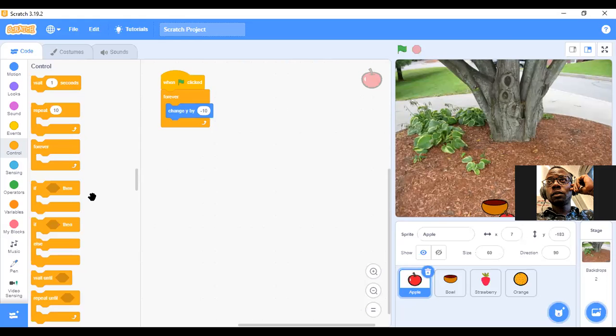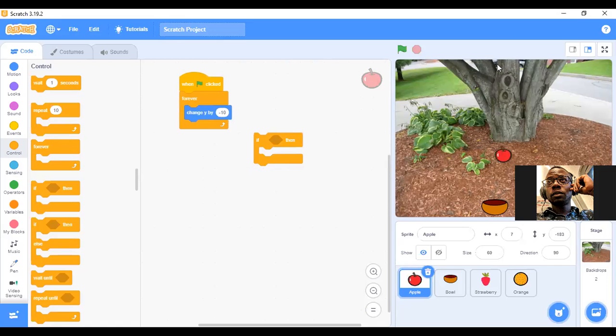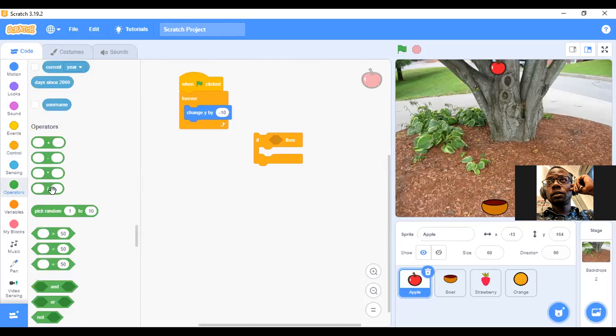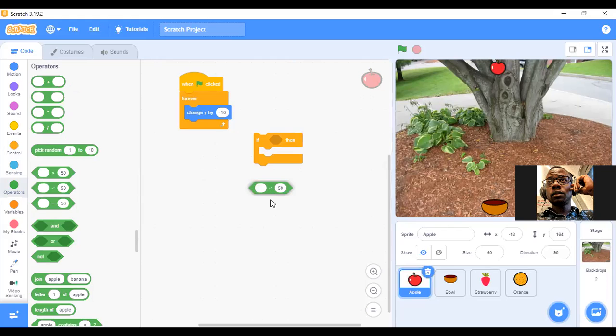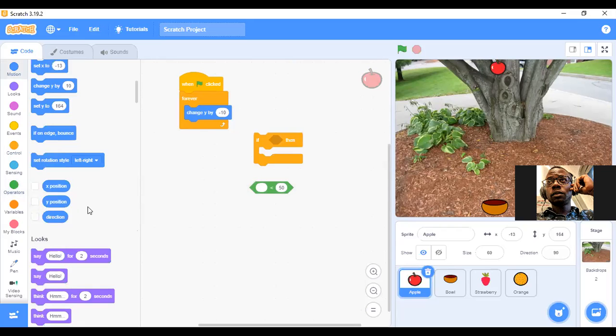The next thing is we are going to use the if block. So how do we make our fruit go up and down? We need first the operators, the less than. Also, you go to your motion.